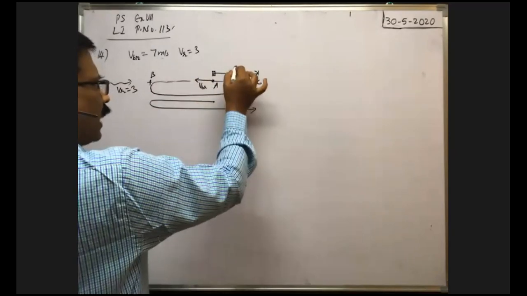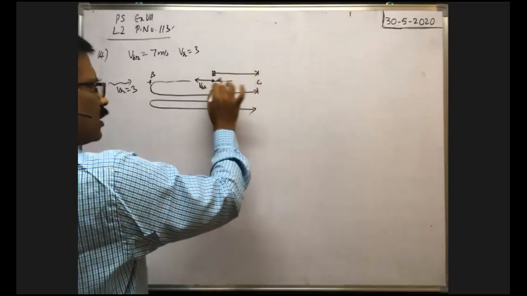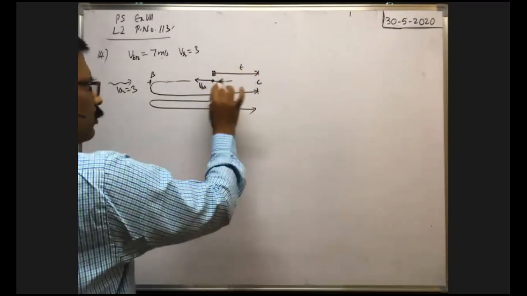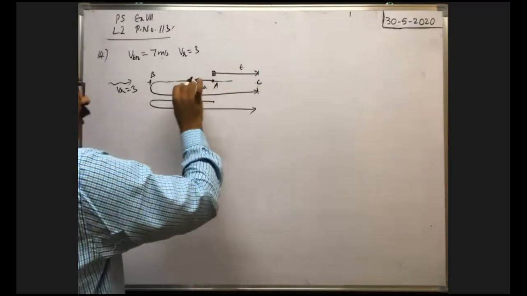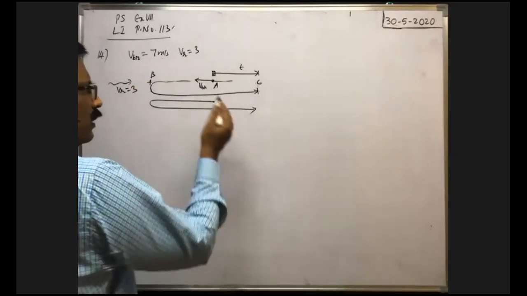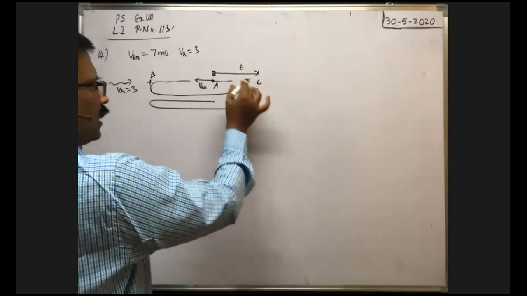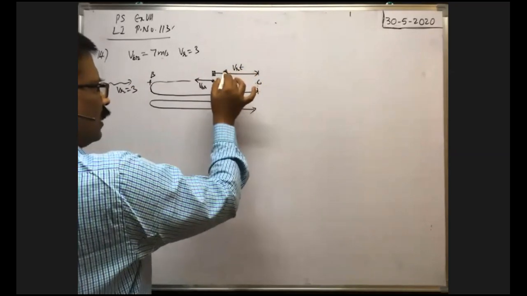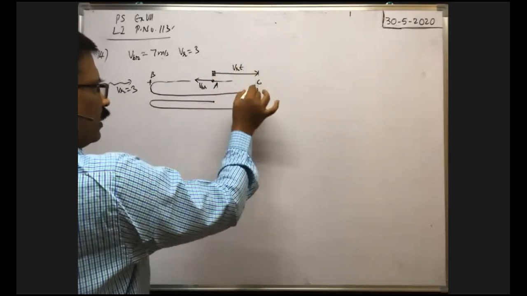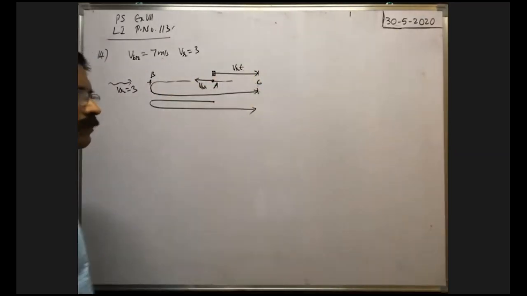Okay, that's why the time taken by the boat to travel from this point to this point is T. The float also travels from this point to this point in time T. In that time T, what is the distance traveled by the float? The float travels with velocity VR only, no, because the float is pushed by the water only. That's why with the velocity the water travels, the float travels the same from A to C. With the velocity of the river, the float travels a distance VR into T in time T seconds before it reaches the point C. But in the same time, the boat travels this much distance.